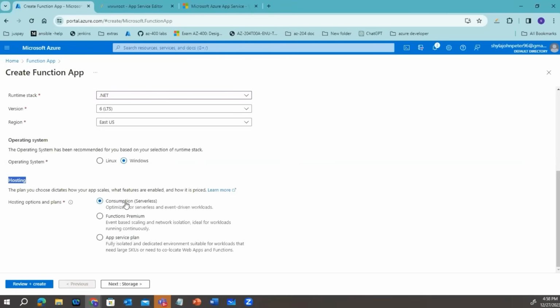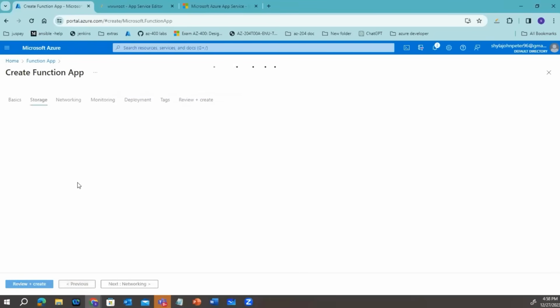Consumption means however much you use, that much only you pay, right? So that is consumption. If it is Functions Premium, you are isolating, or allocating a certain set of resources for yourself so that your function will use it. So that's something that you can choose.